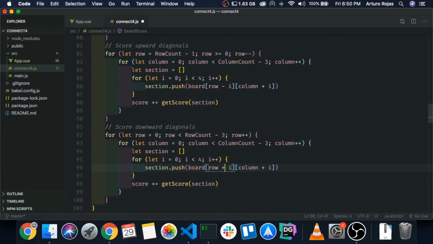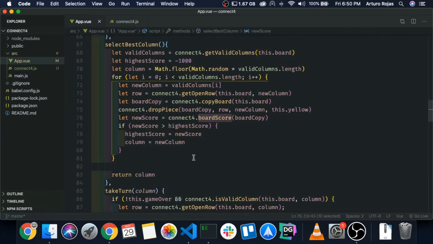Okay. So with this, we have a very simple AI, which is going to try to determine, based on the final score, after going through all of the board, which is the next best column to play in. But we currently don't have anything to test this out, so let's go and add that into our component. Let's save this first and foremost, and then in our component,